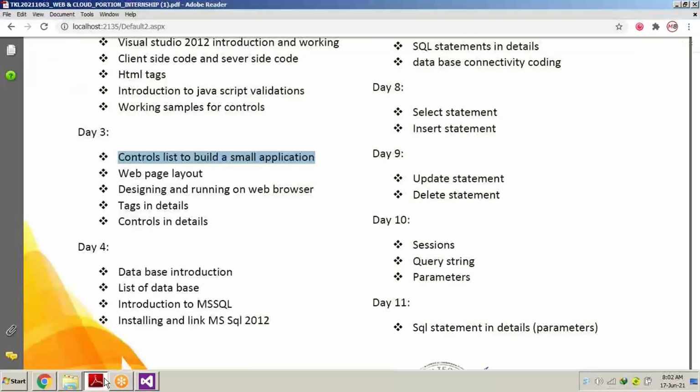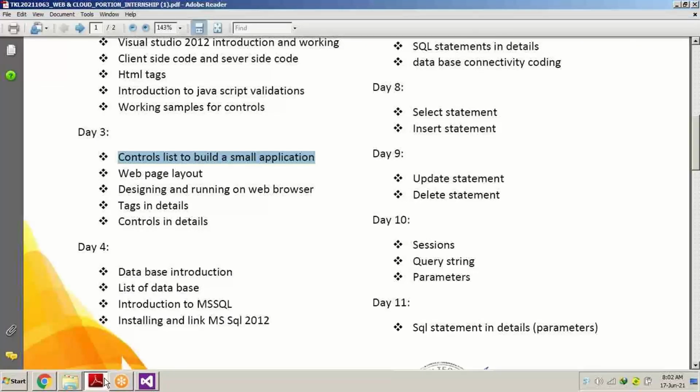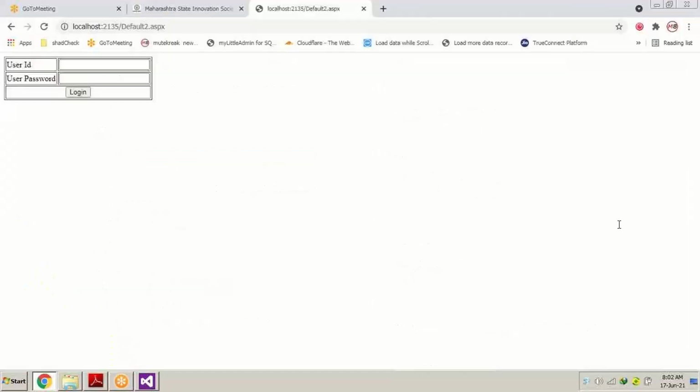So in this part, the designing of a table and creating a small page. Does anybody have any problem? Does anybody have any queries so that I can clear your doubts and proceed further? Anybody? Just let me know that you all have understood everything so that I can proceed further.